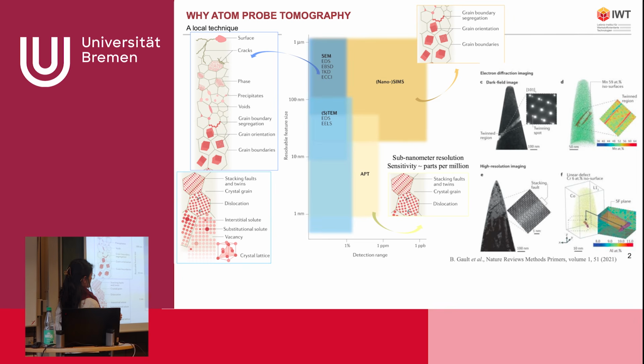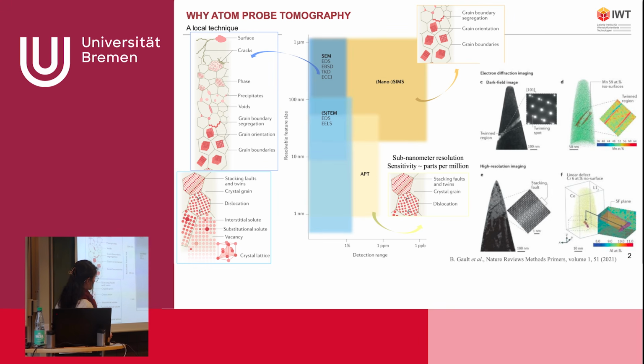So we have, of course, the TEM in the STEM mode. So we have EDS and EELS that we can use to resolve very small features down to less than one nanometer, let's say. But we still have this error of 1% when we use especially EDS. So we can use SEM to resolve features that are between 10 nanometers in the best case, up to 1 micrometer. And with the NanoSIMS here, we can really reach a very high sensitivity in terms of the chemical composition that we want to measure. But we are quite limited in terms of the size of the feature we want to analyze.